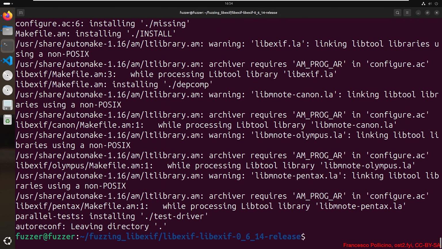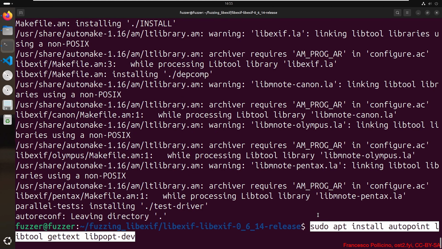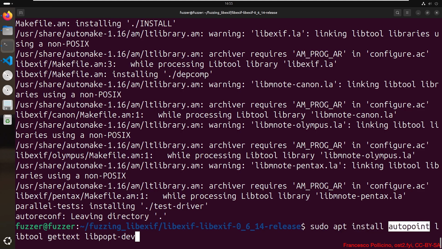If you get any errors, please read the output carefully and you should be able to understand if you have to install some additional dependencies like autopoint, libtool, and so on. In general, these should be enough for Ubuntu. So usually on Ubuntu, before running this command, you have to install autopoint, libtool, gettext, and libpopt-dev.